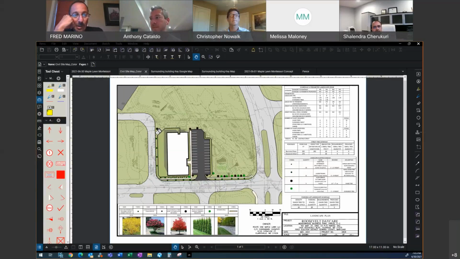And then we'll wait to the end to ask questions, and then if there's any motions to be made, we'll make those motions. And in between there, planning and zoning will also have a short presentation to tell us what they'd like us to take a look at on the project. So having said all that, I'm Fred Marino, and I am an architect.